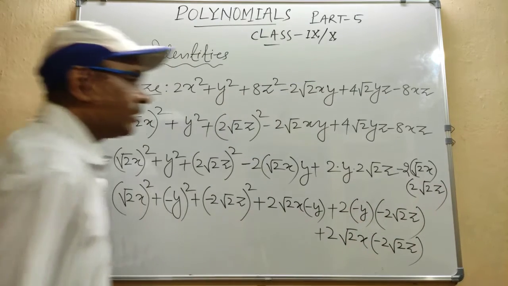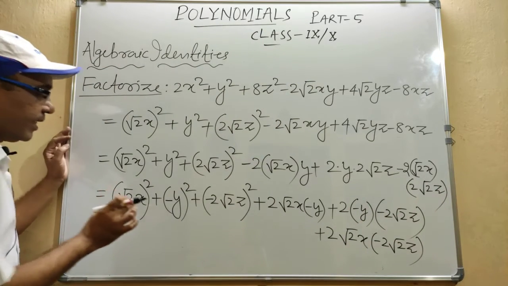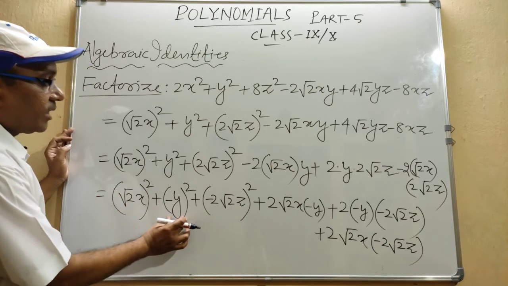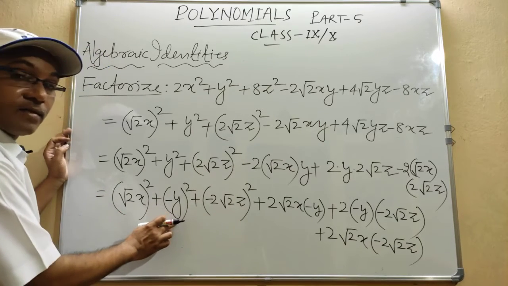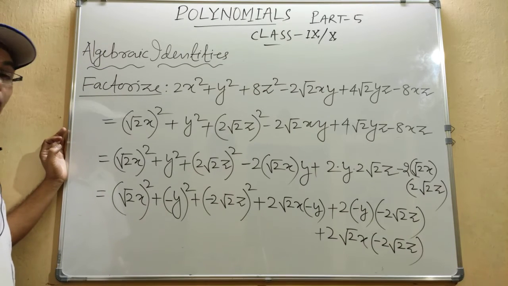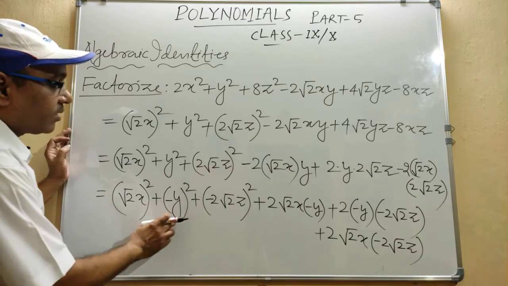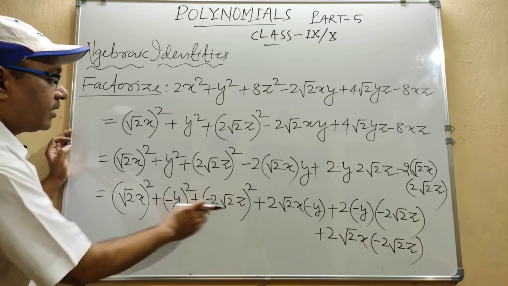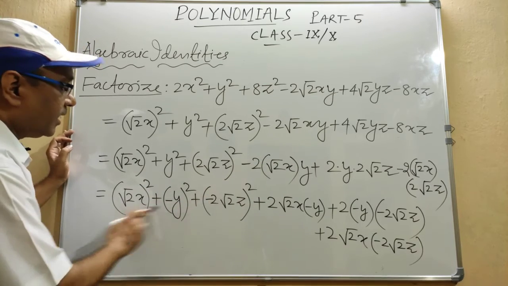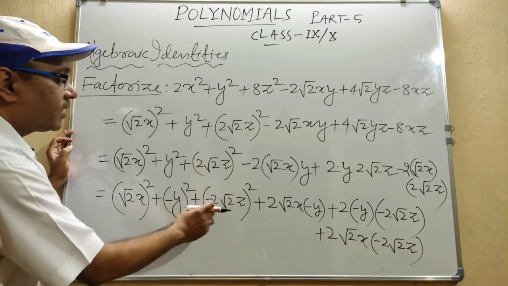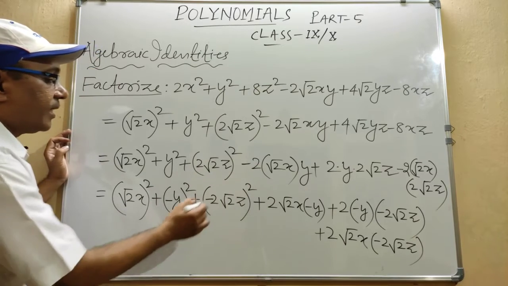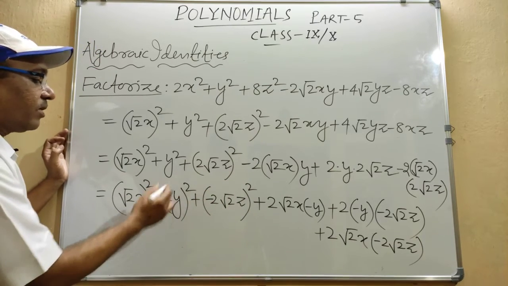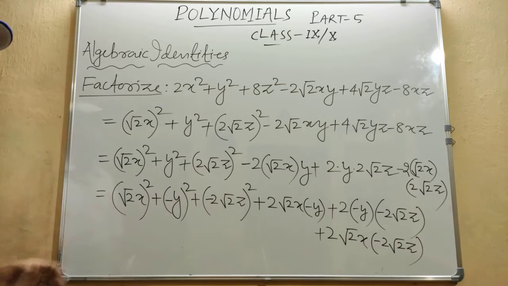so this and this are same thing, and it is of the type, now it is a square b square c square, in place of b it is minus y, in place of c it is minus 2 root 2z, so a square plus b square plus c square plus 2ab, see 2bc, then 2ca, ac, a is this, c is this, c is minus 2 root 2z, here minus square will become plus, minus square will become plus, so in this way by taking one minus we can adjust it in the form a square plus b square plus c square plus 2ab plus 2bc plus 2ca,